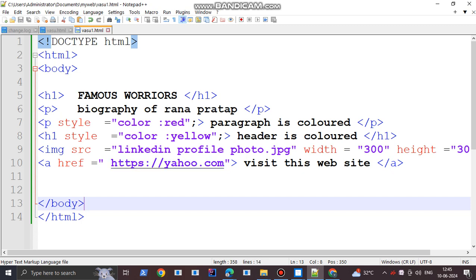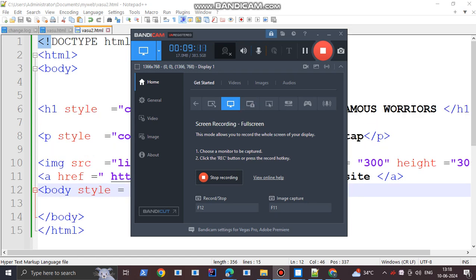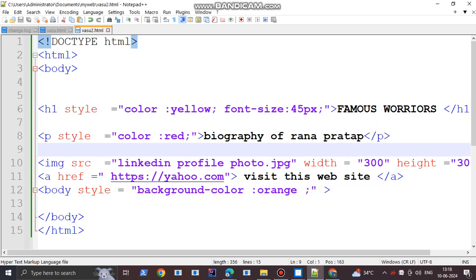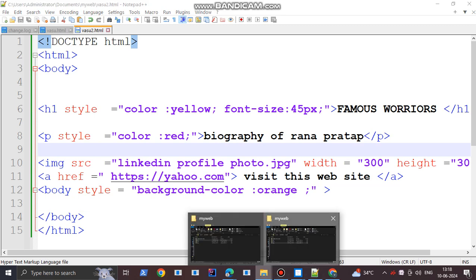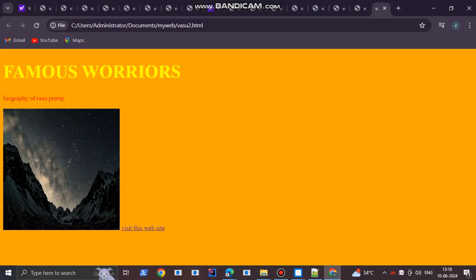Next is style. But our header and paragraph are not colored; we need to check that back. Now this is the code we have written, and your web page is like this. This is the background color, this is the header colored with yellow, and this is the paragraph.